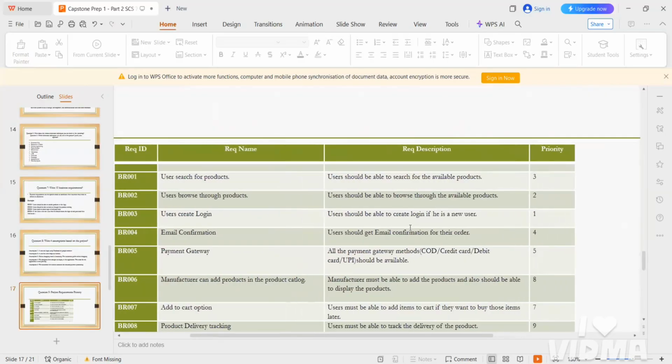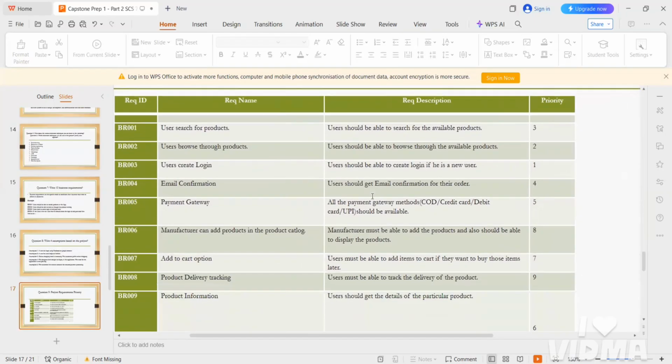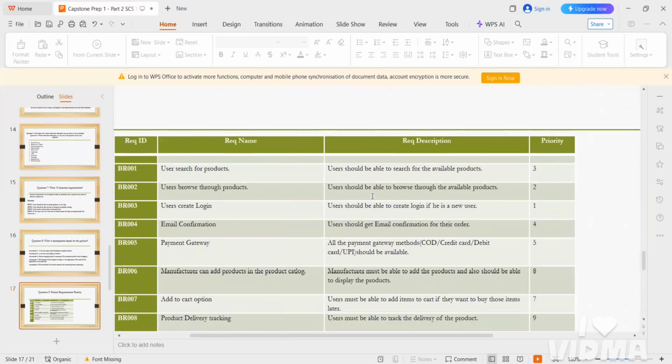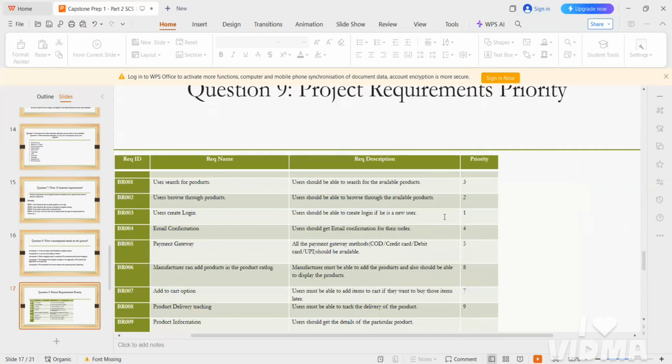For each and every business requirement, they are giving priority points. So you need to give the priority points. And you need to know how the priority points are given, and how they are giving this 9, 7, and 3, 2. For example, here you need to know what the priority points are given, as a business analyst we